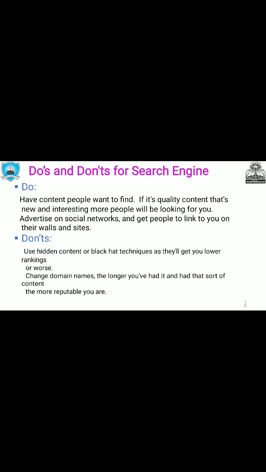Advertise on social networks and get people to link to you on their walls and sites. Now discuss the don'ts. Don't use hidden content or blank techniques, as they will get you a lower ranking, or change your domain name. The longer you have been there, the more reputable you are.